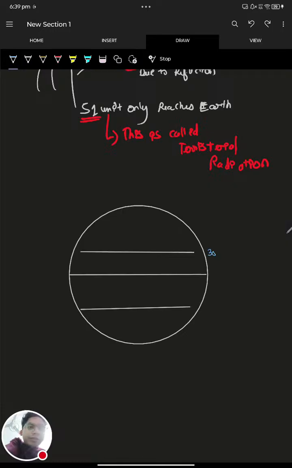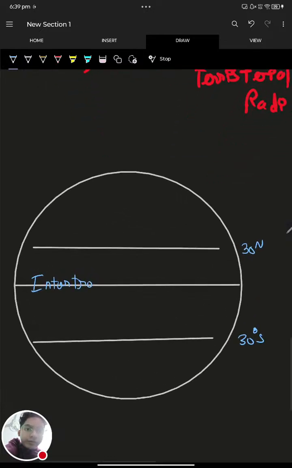So this is 30 degrees north, this is 30 degrees south. At the middle it is the intertropical convergence zone, ITCZ. So here what happens is this: